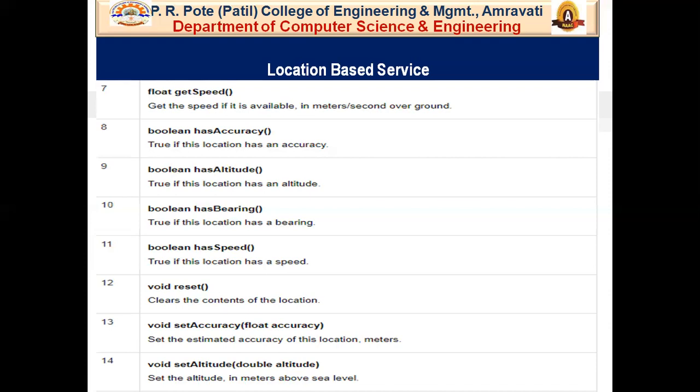Then void setAccuracy. The parameter is float accuracy. So it sets the estimated accuracy of this location in meters. After that, void setAltitude, and the parameter is double altitude. So it sets the altitude in meters above sea level.